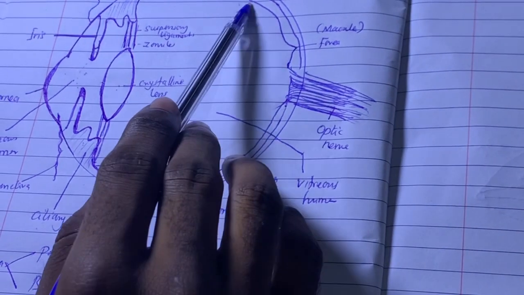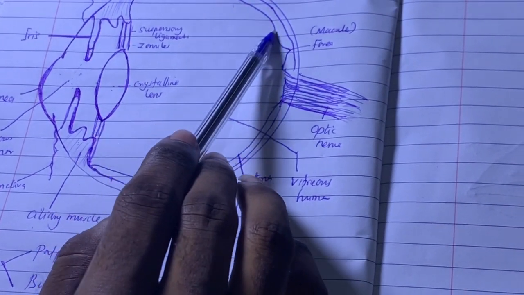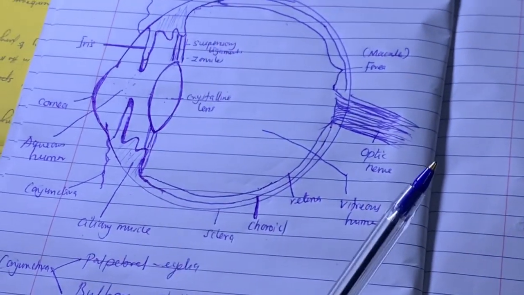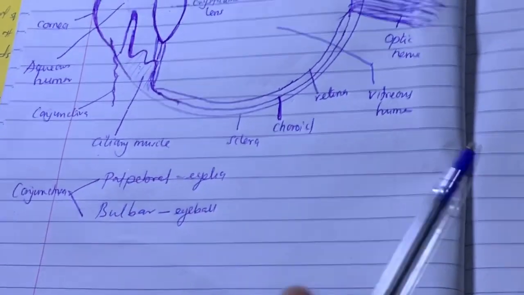And in the retina, at some point there's a depression, and that is called the macula. The center of the macula is called the fovea. So now let's look at